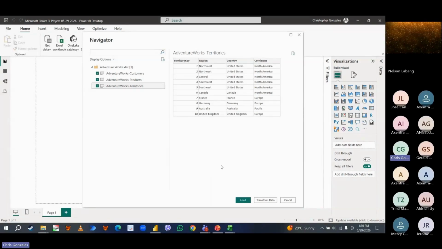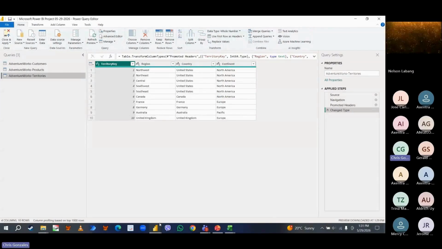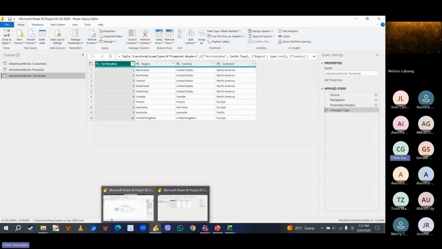Okay, but if you think, I think I need to improve the columns or remove some of the unnecessary characters within the database, that's when we need to click transform data. The main difference is that if I click transform data, it will move to the back-end interface. It will allow us to edit the tables before they are moved to the front end. So I think this is a much better choice. So what I'm going to do is check all the tables and then select transform data. Automatically, it will open the backend interface.